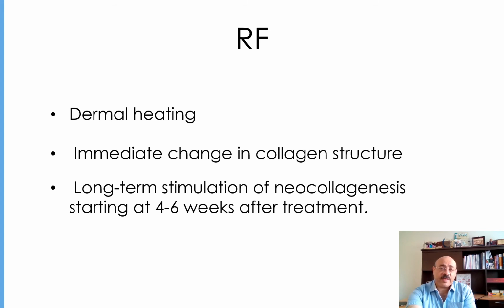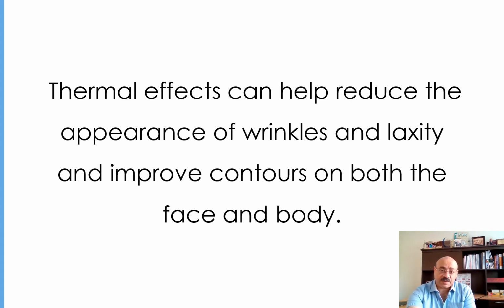So with the RF, we get dermal heating, and with dermal heating, we get immediate change in the collagen structure and long-term stimulation of neocollagenesis starting at 4 to 6 weeks after the treatment. So that's why it's very important to let the patient know that this is a gradual process and the improvement is going to continue to happen after finishing the 3 sessions, up to 6 to 8 months after the last session. The thermal effect can help reduce the appearance of wrinkles and laxity and improve contours on both the face